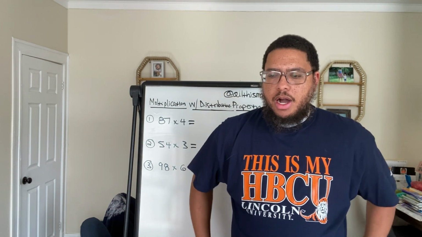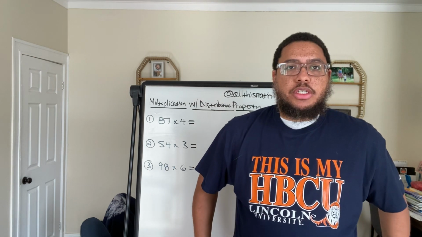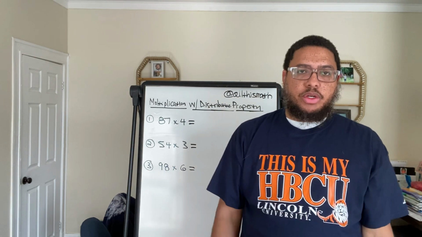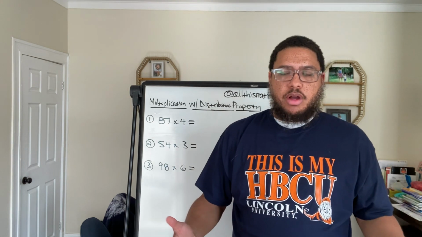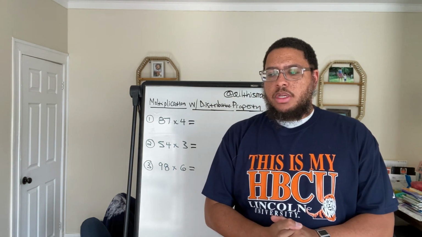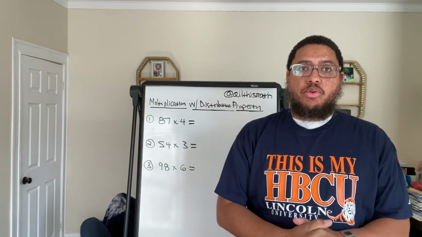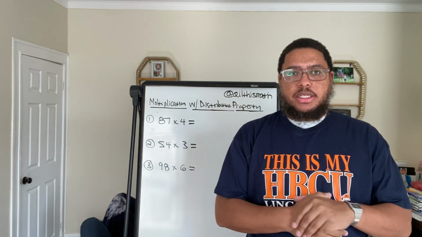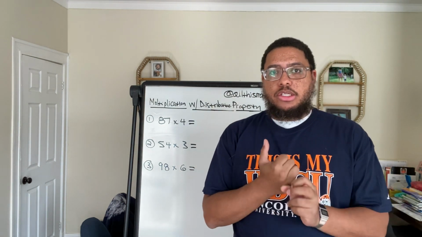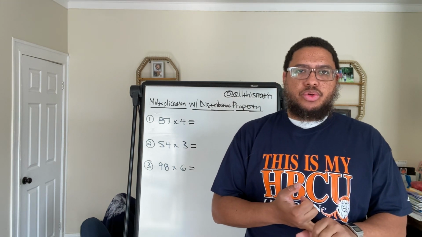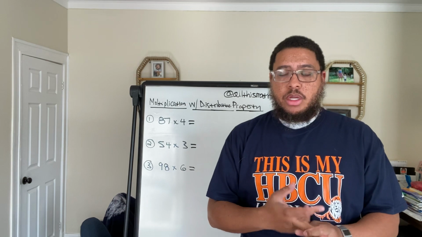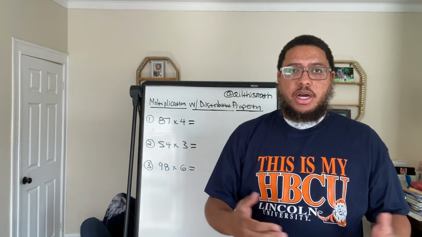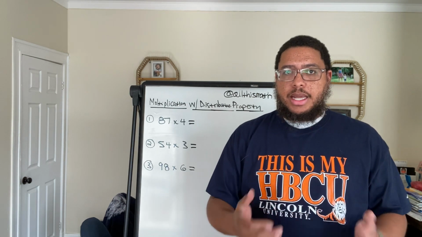All right. As you see, I got my Lincoln University t-shirt on. Lincoln University is a historically black college located in Pennsylvania. That's where I happen to get my master's degree from. And also a lot of very important people of African descent attended Lincoln University, such as Langston Hughes, Thurgood Marshall, but people that you may not be aware of, like Kwame Nkrumah, who ended up becoming the first president of an independent Ghana in 1958.